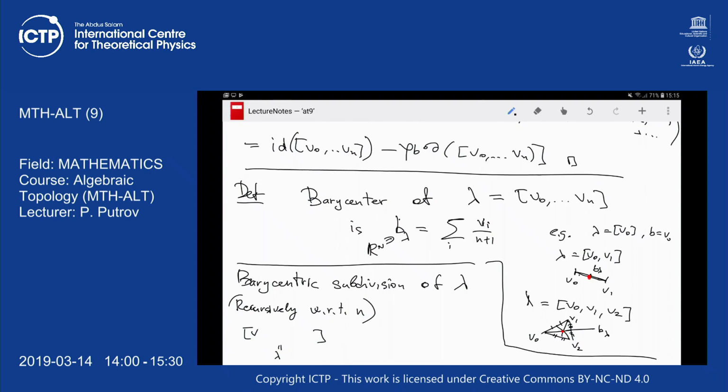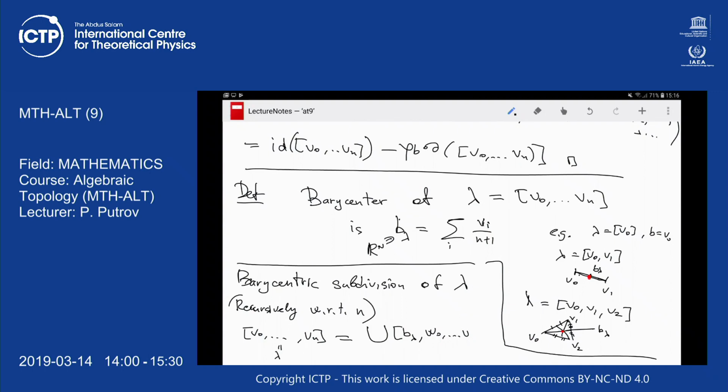So if lambda has the vertices v0, ..., vn, then we want to decompose it into a union of certain elements of the same form, but the vertices will be: the first vertex will be b lambda, and the other vertices will be